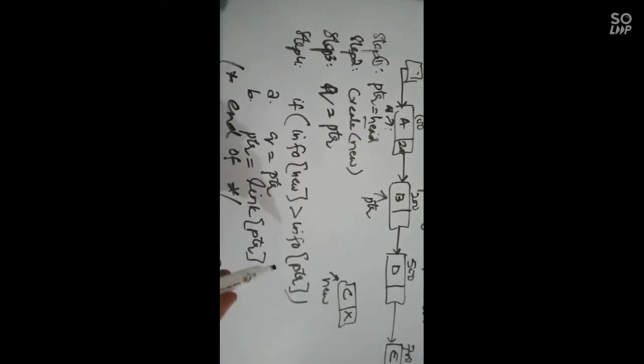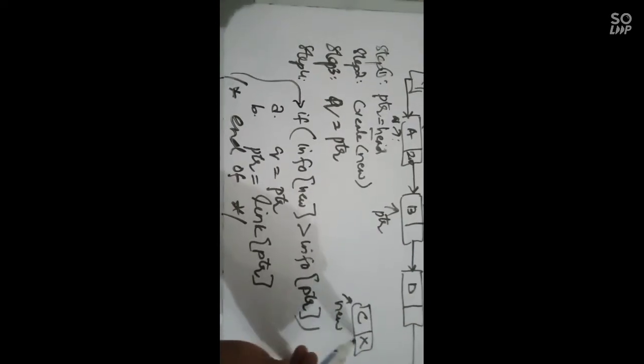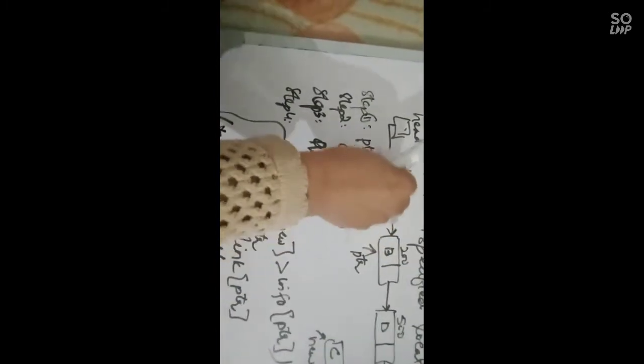Okay, now again what we will check, we will check again this step. Again compare info of new, now it is c, and info of ptr is now b. Now c is greater than b, yes, it is greater than b. Now what does it do? q equal to ptr, save the ptr. So if we say q equal to ptr, मीन कि ptr का जो एड्रेस है वो q में डाल लो, ठीक है? तो हमने q को भी आगे मूव कर लिया है यहाँ पे.